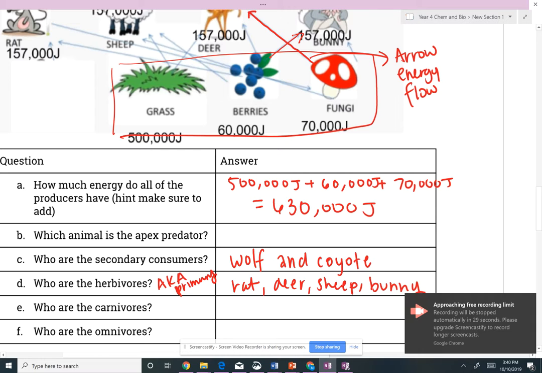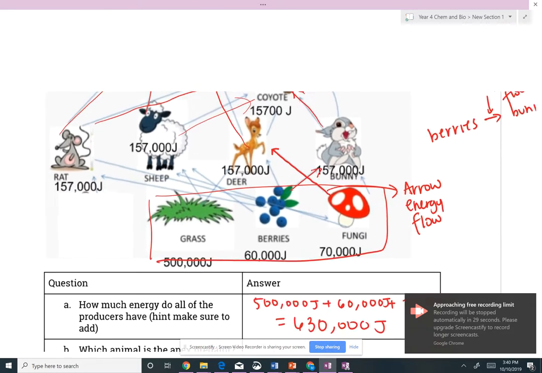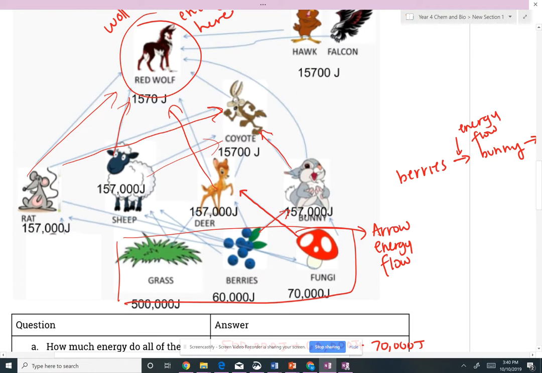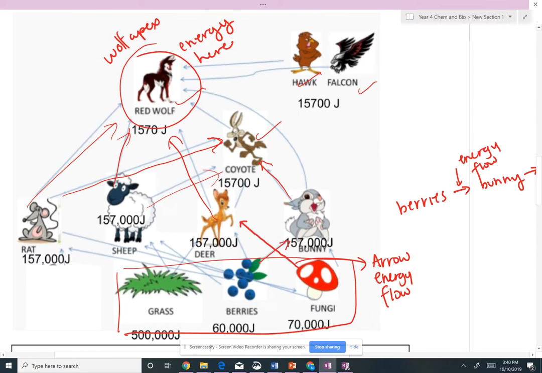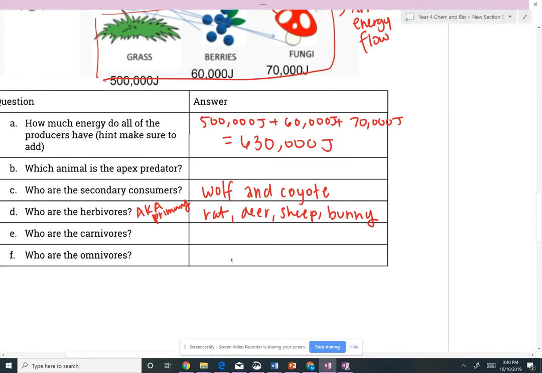Next thing are my carnivores. So I look at everybody who's eating meat. I would have my coyote, my red wolf, my hawk, and my falcon. No, just my red wolf and my coyote. Yeah, just my red wolf and coyote. My hawk and my falcon are not on there. Okay, and then I